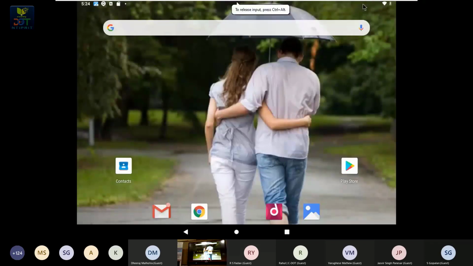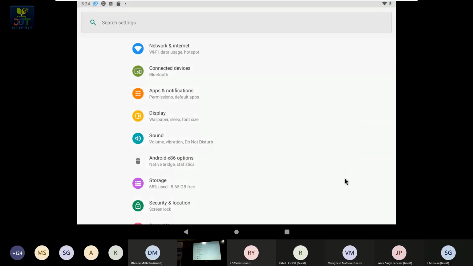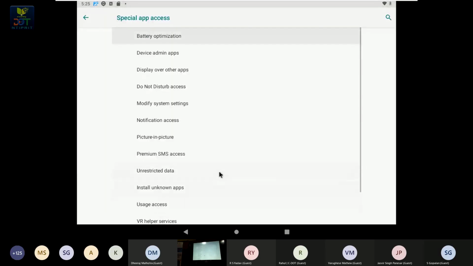Now I will show you something in the settings. Every one of you has settings. I am currently showing you the Pie version of Android, that is Android 9. These settings may be a little different on your mobile depending upon the operating system and Android version you have, but be sure that these settings will be there somewhere. If you see, I am in the settings and this is the Apps and Notifications setting. Now if you go below, there is a setting called Special App Access. You just click it, and then there is one setting,